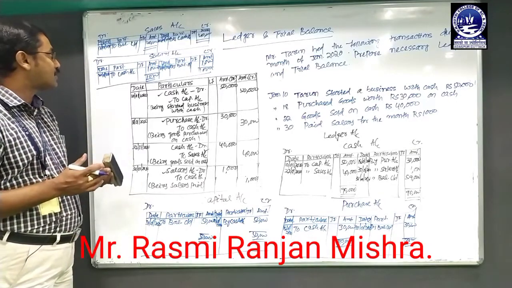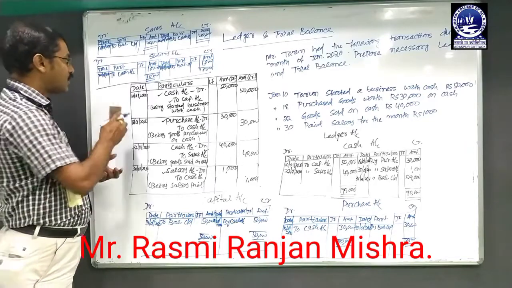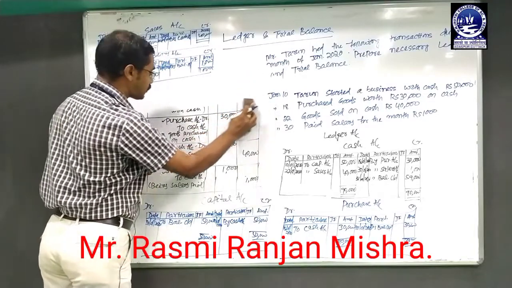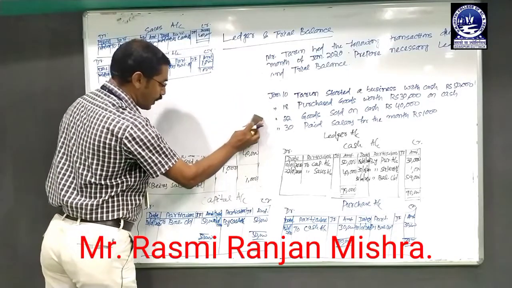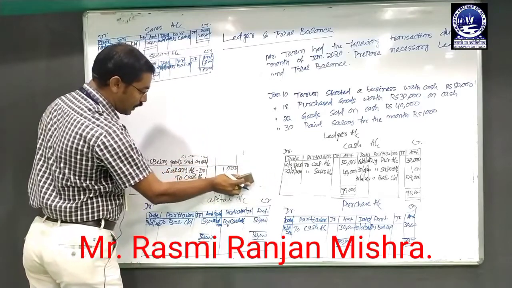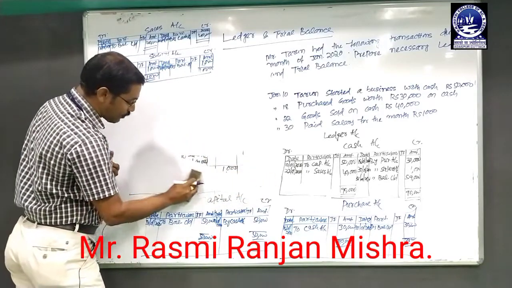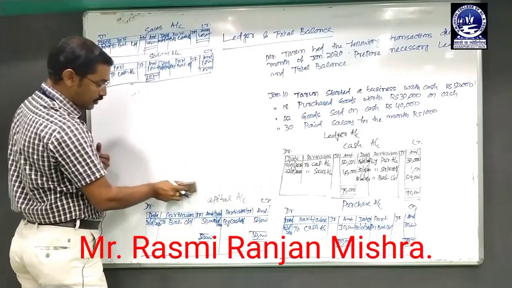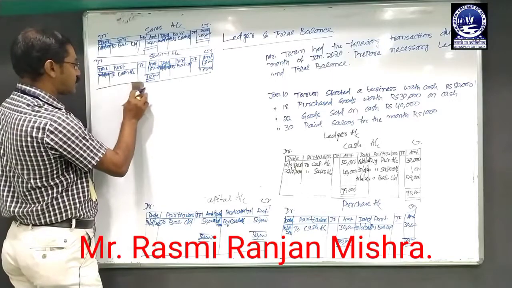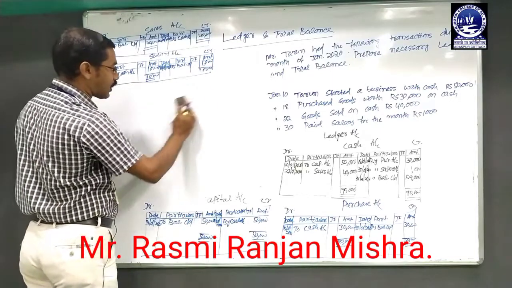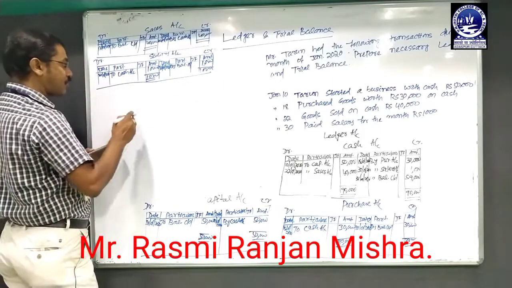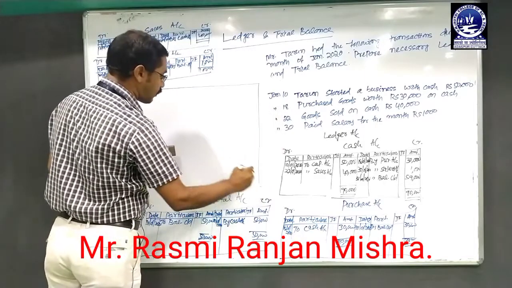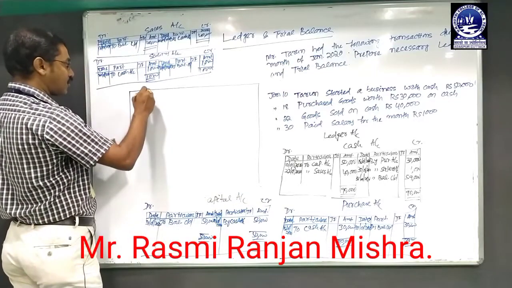So now we can check it by preparing the trial balance. The method of preparing the trial balance is divided into 3 parts. The first method is the balance method, where we take into consideration only the balance amount, and there is only one balance of a particular ledger account, either debit balance or credit balance. So when we put that balance, the debit balance of all the accounts must be equal to the credit balance of the other accounts. So now we can check whether the debit balance is equal to the credit balance or not.